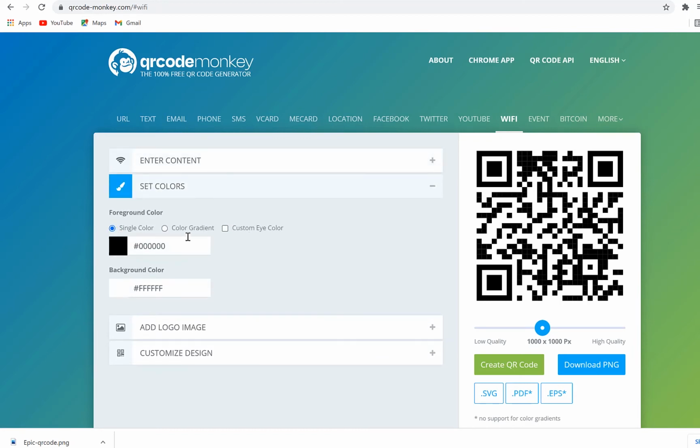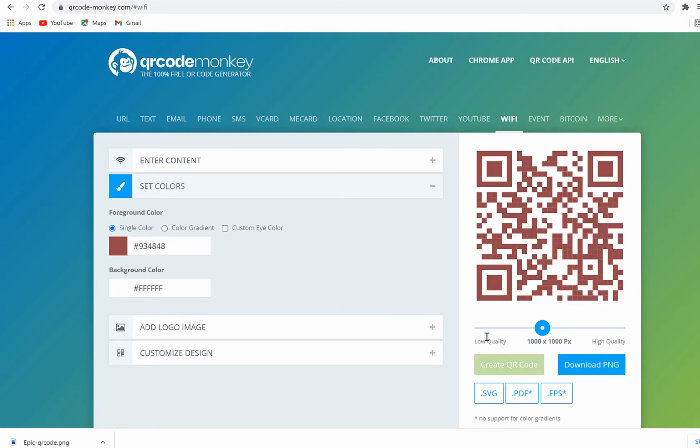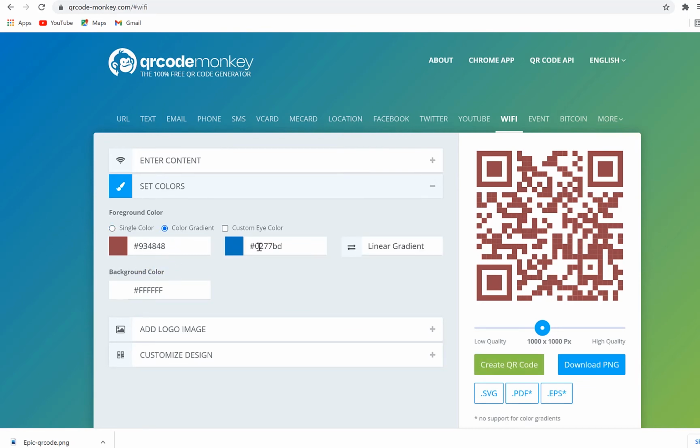Once you set in a single color, it can be gradient color, you can use custom eye color, anyone. So once you click on this, you can navigate to any location. Maybe you want to use a single color, you click, and then you can go to any location, and once you click on generate, it's going to generate that code using the properties that you just specified. You can do gradient color. If you want two colors separated, you can do this, and you can specify any location for the second color. And once you're done, hit okay and then click on generate,